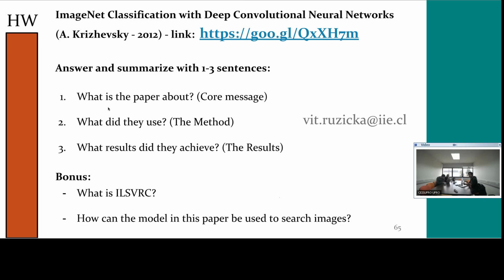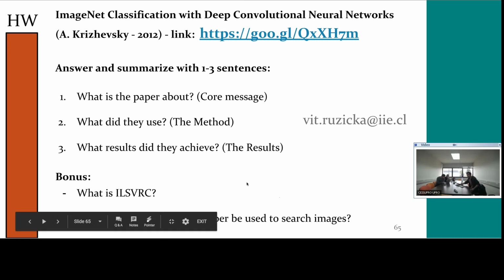Second, what method did they use? Was it maybe a convolutional neural network? And what results did they get? Were they nice results? Did they beat any score in that way, or is it something like okay, another random paper, not really important? There are two bonus questions